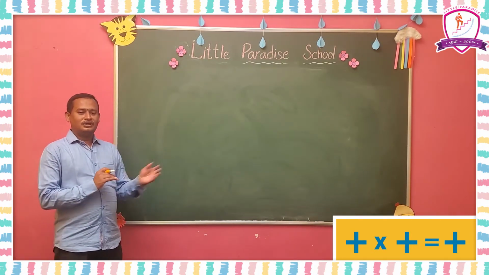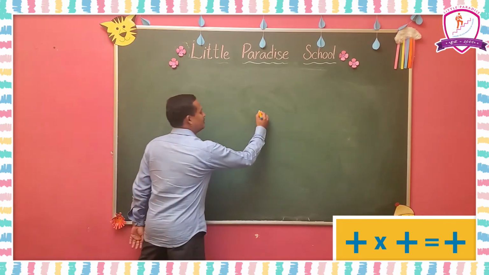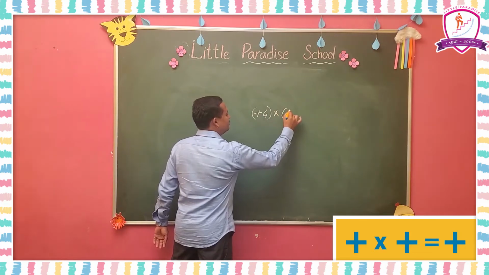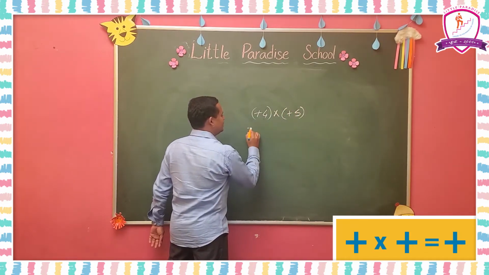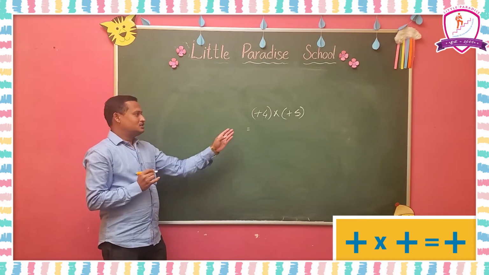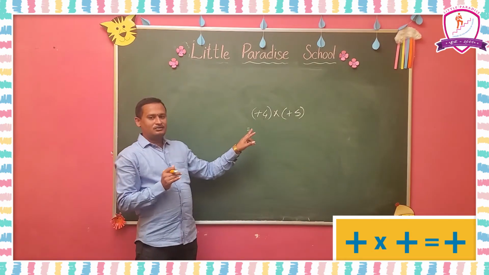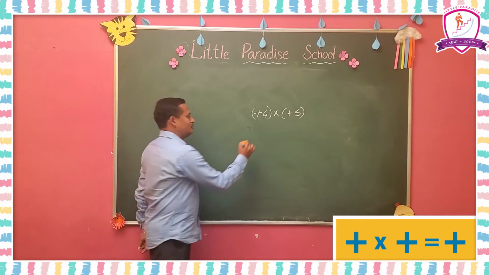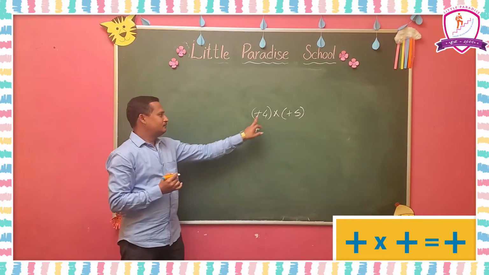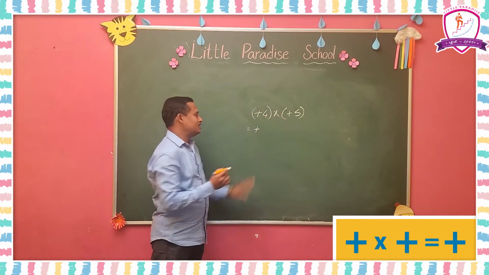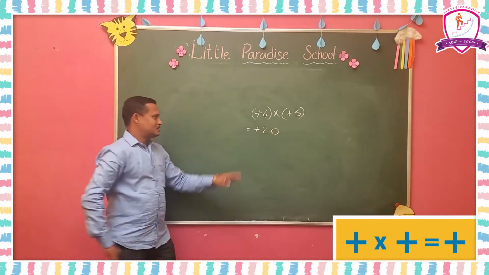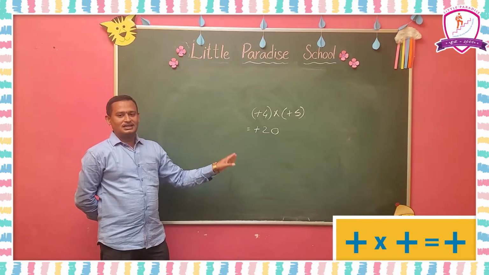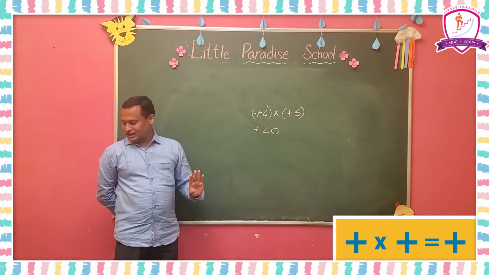Let's suppose I am going to explain one example. Here plus 4 into plus 5, I am going to multiply these two numbers. Here these two are plus numbers. First we have to multiply the symbols. Plus into plus is plus, so we will get a positive integer in the answer. Next we have to multiply the numbers. 4 5s are 20, so 20 will be the answer, plus 20. Like this we have to multiply. When two positive integers are there, we must get a positive integer as an answer.